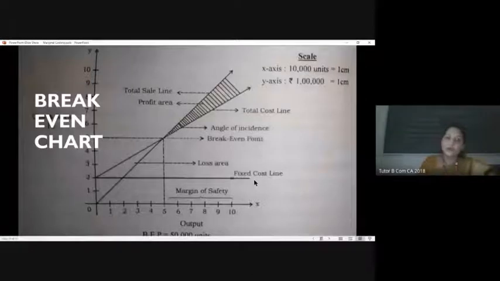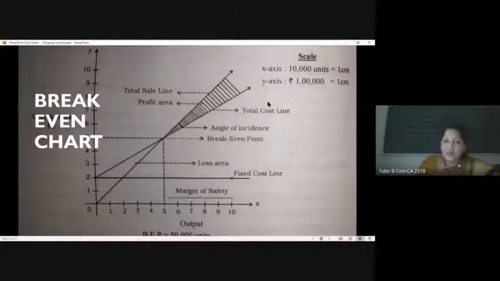So now looking at this graph, we can find that the fixed cost is marked, and the combination of fixed cost and variable cost is here. This you can see. And here, this is actually our sales line. It can start from 0 as it increases. This goes like this. And this marked area is the profit area,